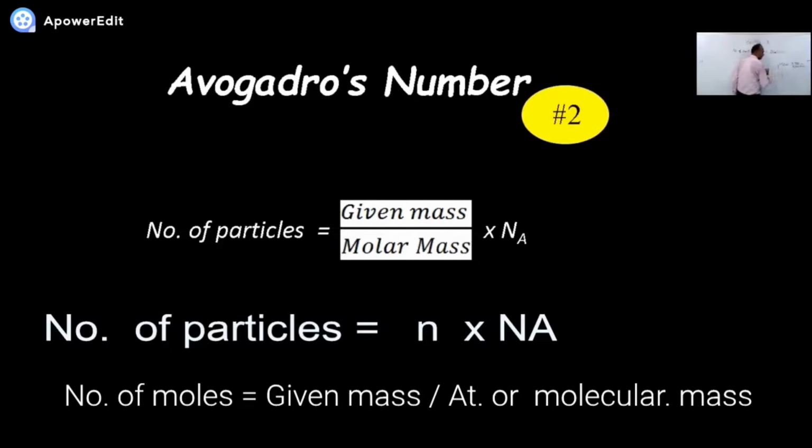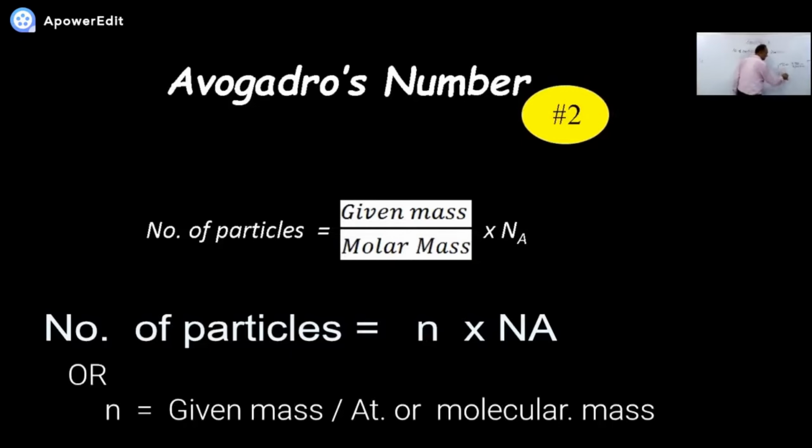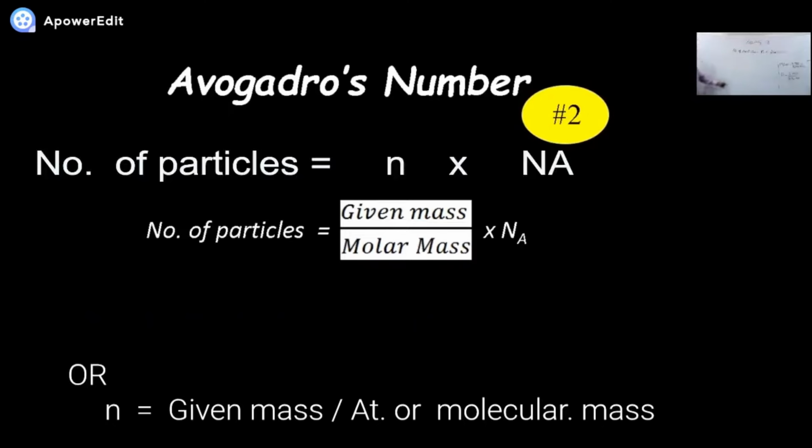This is the formula. Let me write it in a simple way. Number of moles represented by small n. n means number of moles is equal to given mass upon atomic or molecular mass. Or simply you can write here molar mass, or you can write directly here formula mass. So what is the value of N over here? The value of N is given mass upon molar mass. So substituting this part over here,